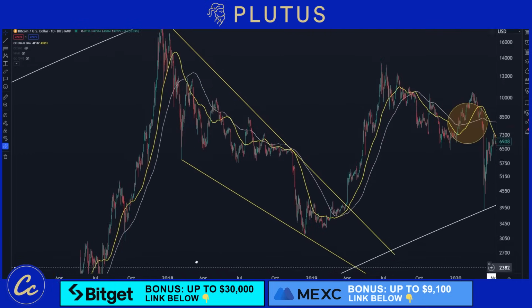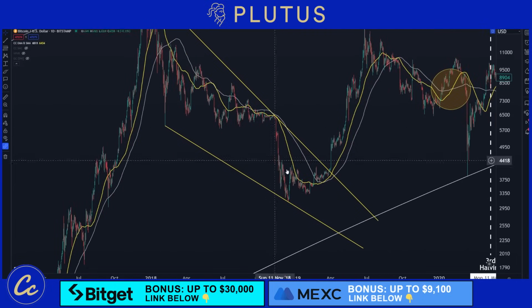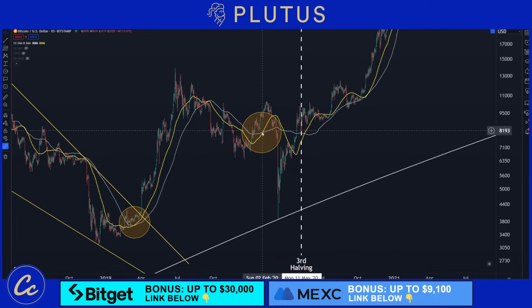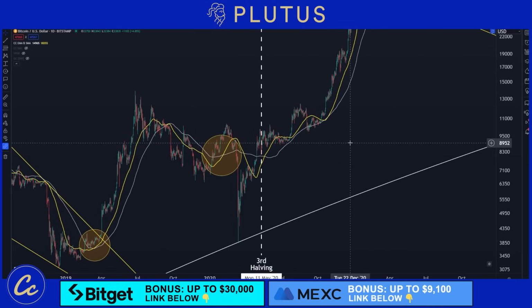Okay, if we come on over to the bear market that we saw back in 2017-18, as we had this low of 2018, we do see that as we exited out of the bear market here, there was another bullish cross, the 50 moving average crossing above the 100 moving average there. And you can also see that there's one just up here as well, just before the Bitcoin halving event. That's the third Bitcoin halving event in May 2020.